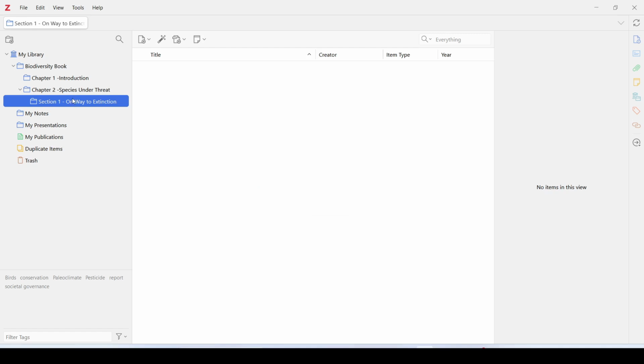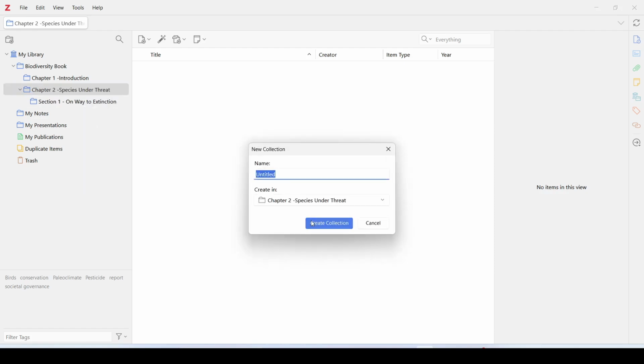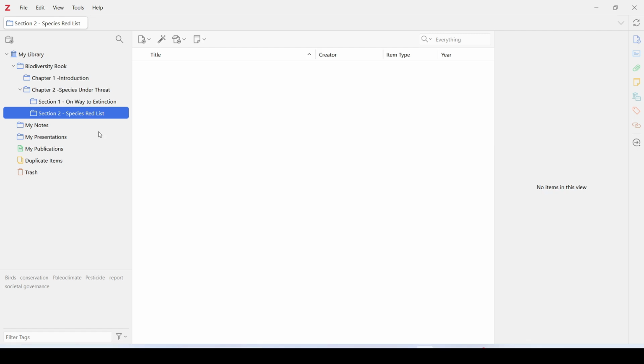Likewise, I can add another section. So I'm going to come here and click on my Chapter 2, right-click, New Sub-Collection. And I'm going to call this Section 2 Species Red List. So I've named my second section and it's going to come once again under Chapter 2. So this has also been created, as you can see, and I can keep going on and adding more collections